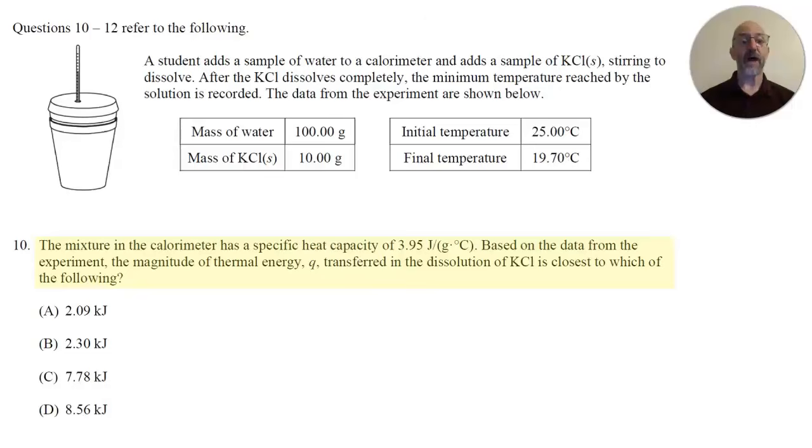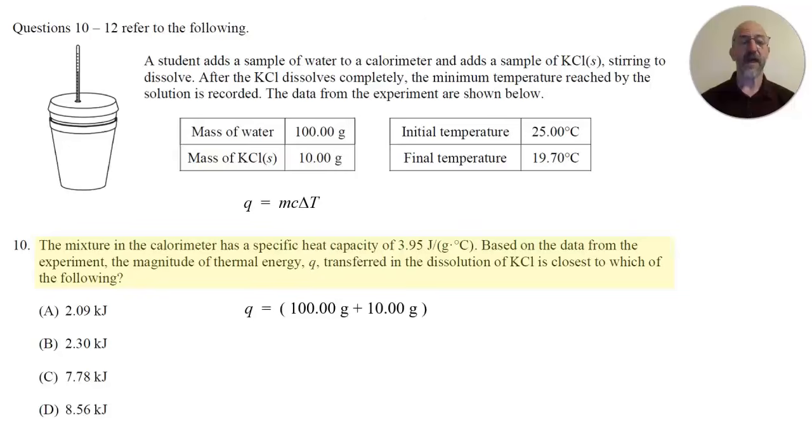So because we need to calculate the magnitude of thermal energy, Q, let's use the Q equals mc delta T equation. And for the m, it's going to be not just the mass of the solid potassium chloride, not just the mass of the water, but the combined mass of the solute and the solvent, the mass of the entire solution. So not just 10 grams, not just 100 grams, but 100 plus 10, so 110 grams